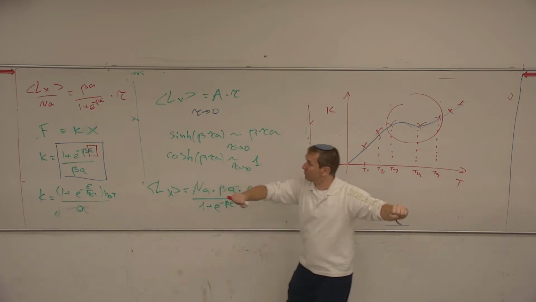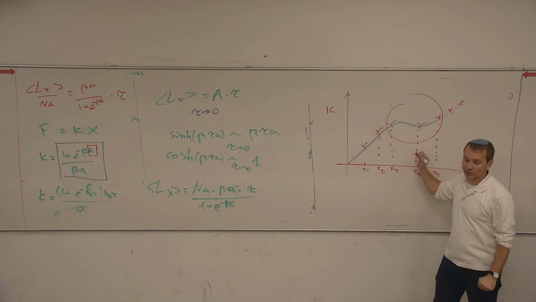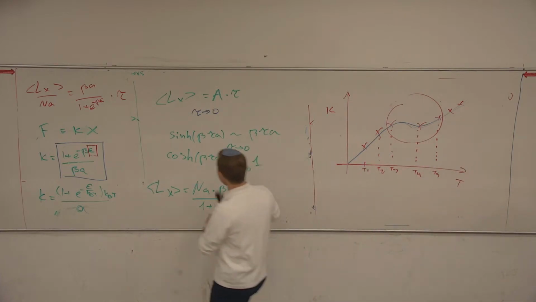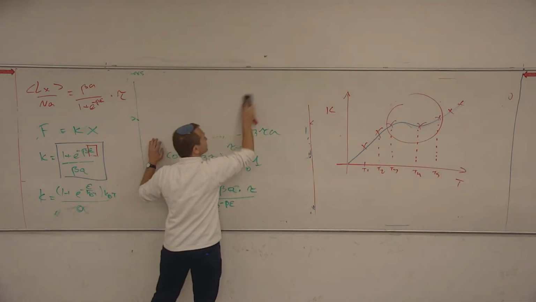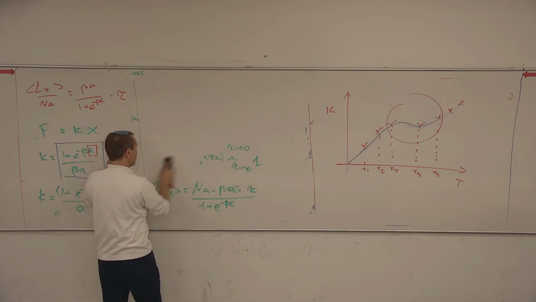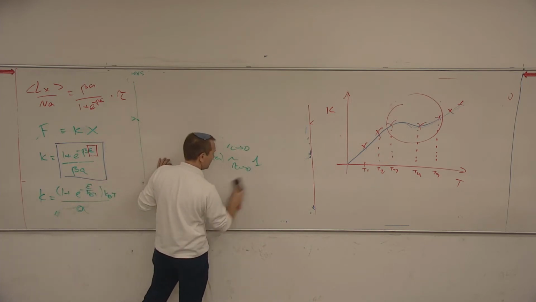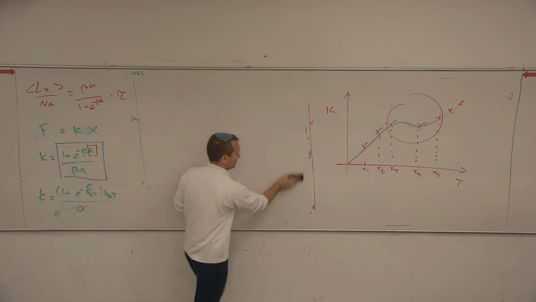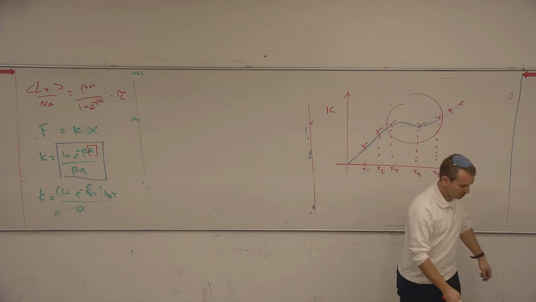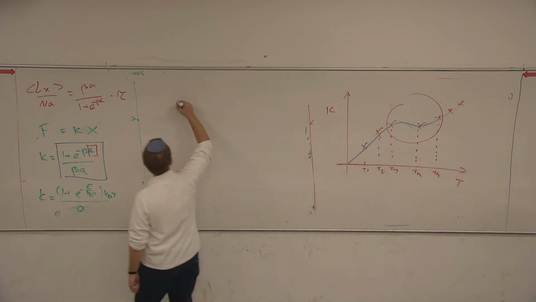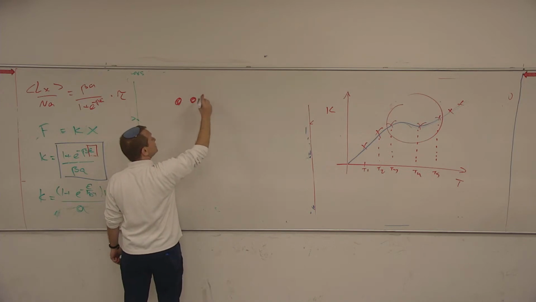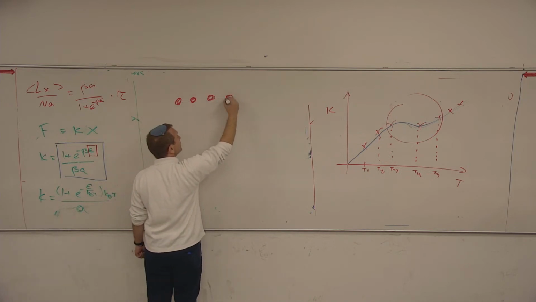Okay? But what happens here? Why is it different? What happens here is a nice description of entropic forces. Yes? You said that we treat this like springs attached to one another, and then we move them. So, we will come to this. We will come to this. But not now.